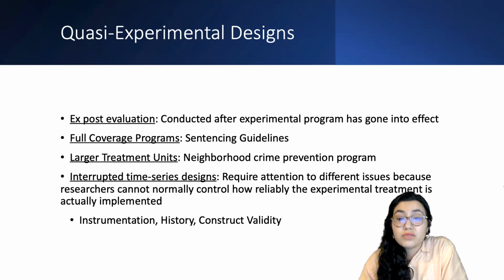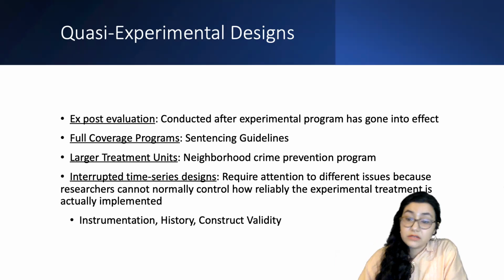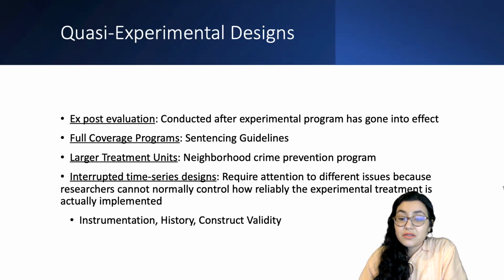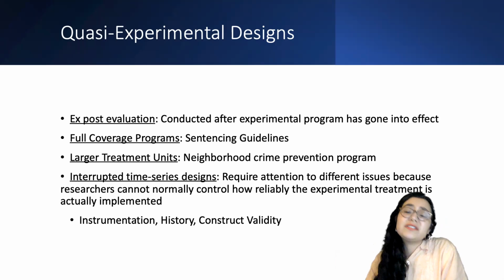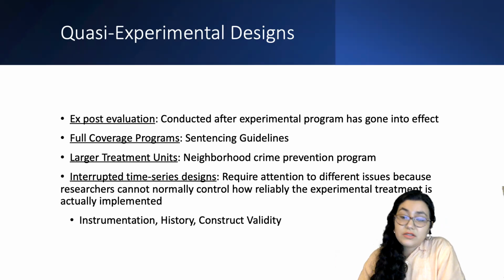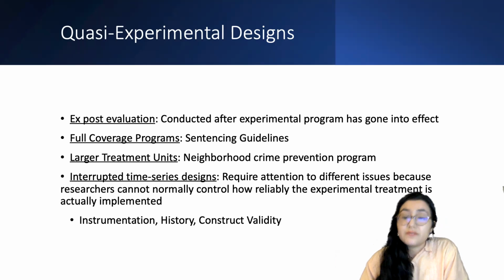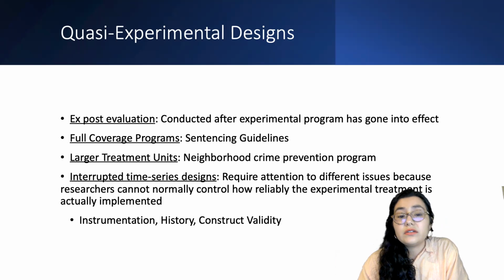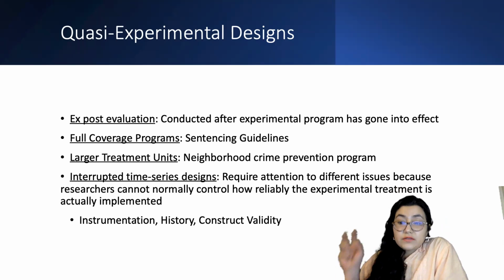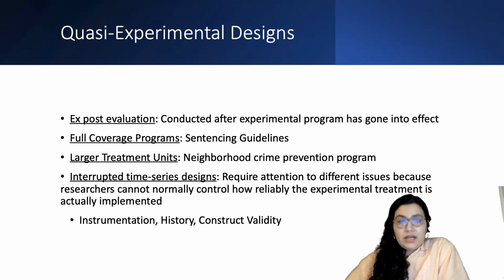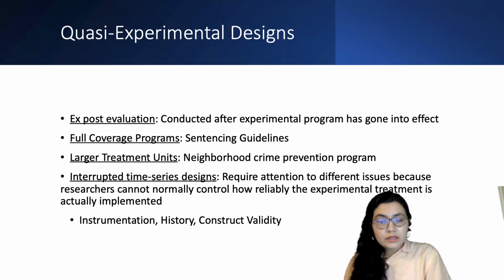Neighborhood crime prevention programs are a good way for us to do this sort of randomization, right? Because if we can't randomly assign people to specific things, we can randomly assign neighborhoods to specific interventions, and that's not as much of an ethical issue as doing it for certain individuals. So quasi-experimental designs allow us to look at these larger treatment units and do that. Okay,